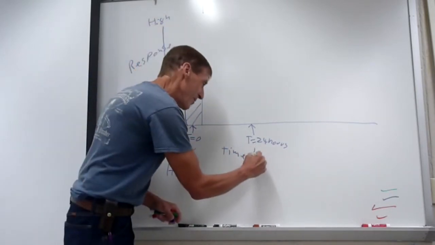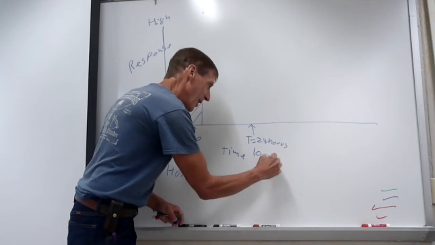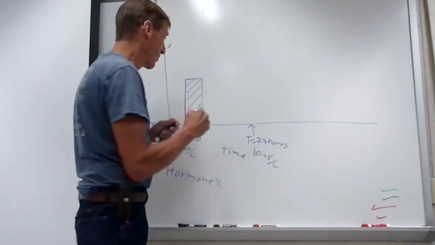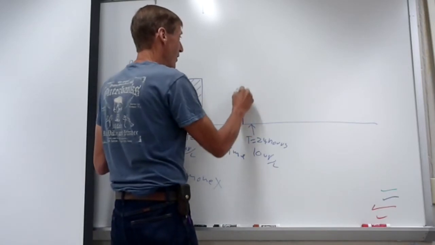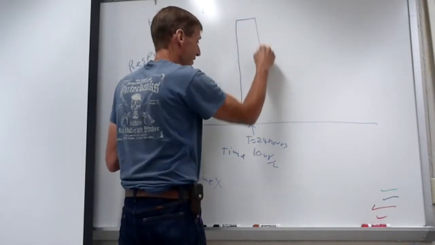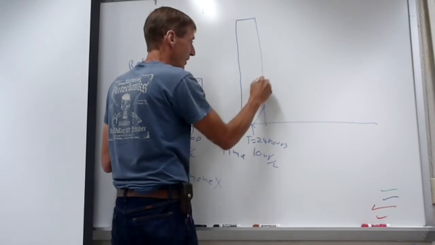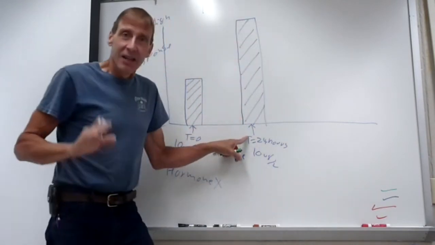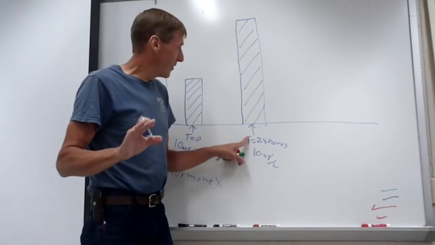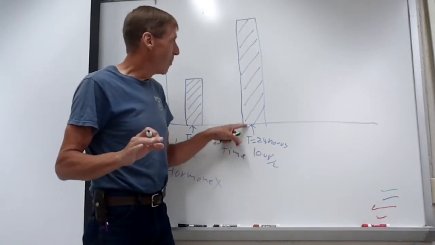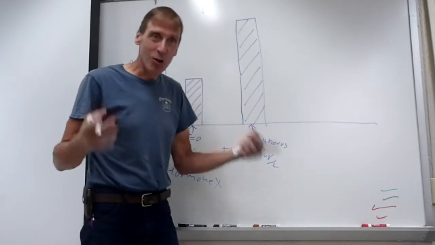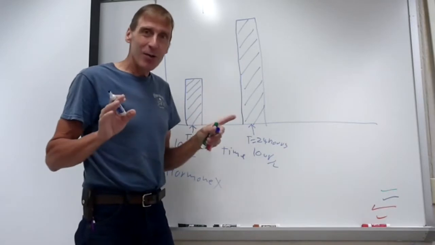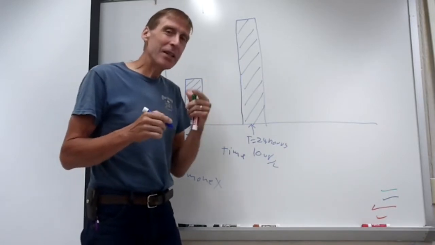I'm going to apply the same dose, 10 micrograms per liter, to the same individual, and then I look at the response, and let's say, for the sake of argument, I get something like this. Same hormone, same individual, same dose, but the effect is much greater. There's more permeability or more protein synthesis, something. How is that possible?